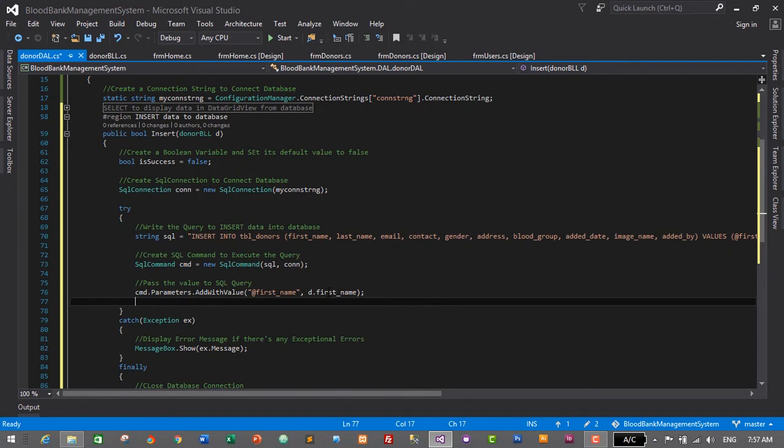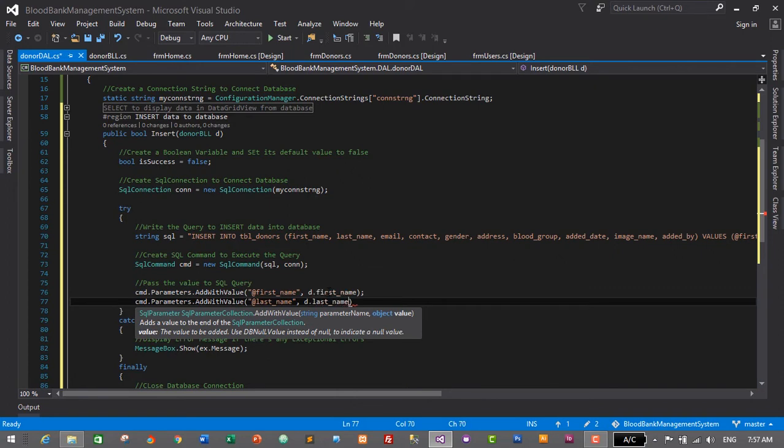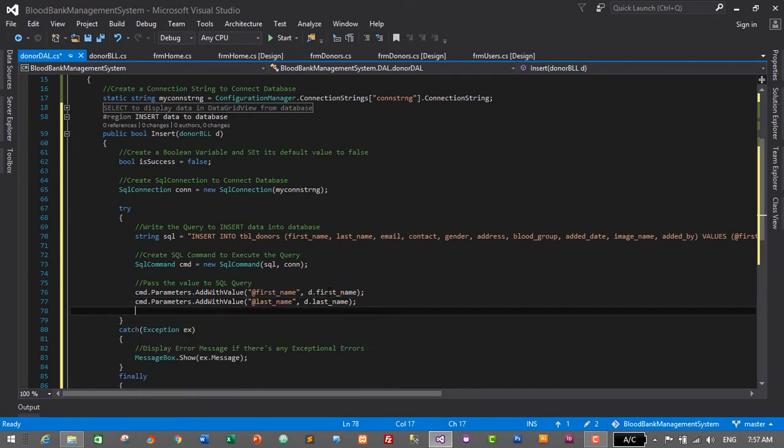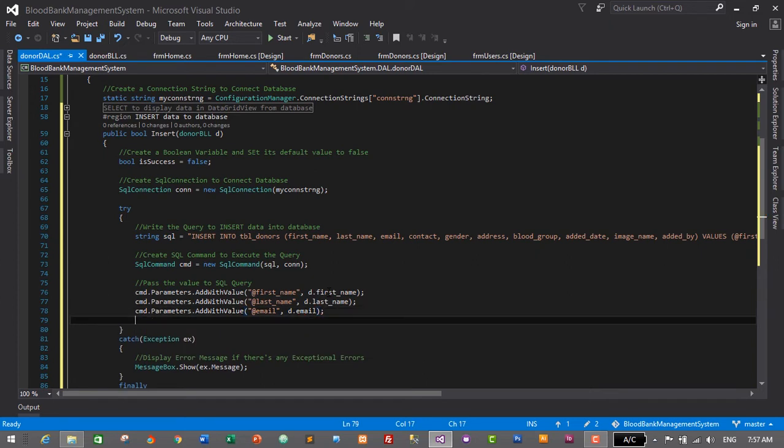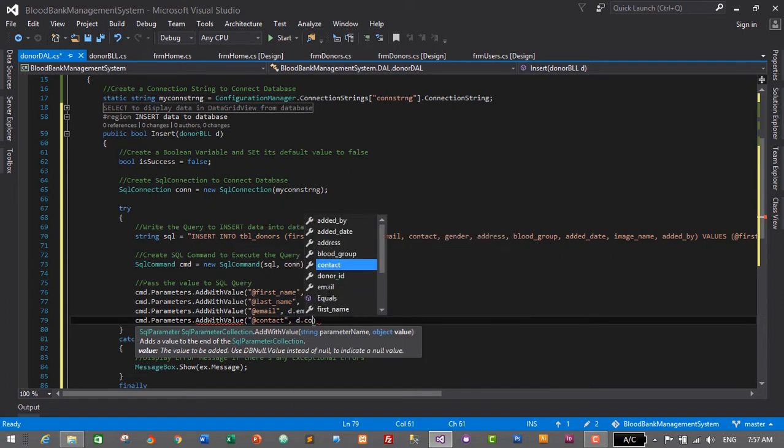So let's press enter, and then cmd.Parameters.AddWithValue @last_name, d.last_name, and another one is cmd.Parameters.AddWithValue @email, d.email, and then cmd.Parameters.AddWithValue here @contact, d.contact,